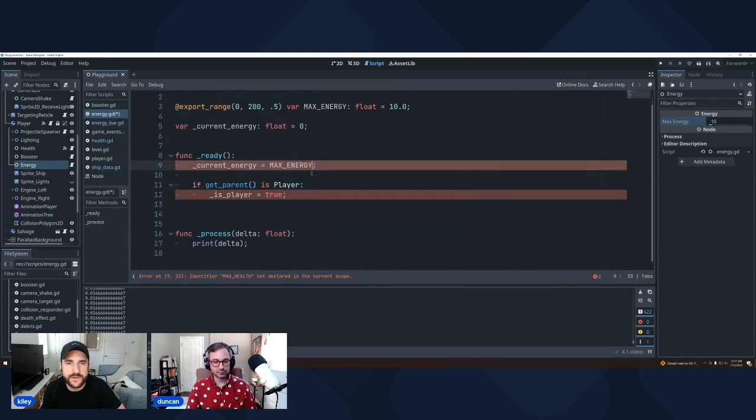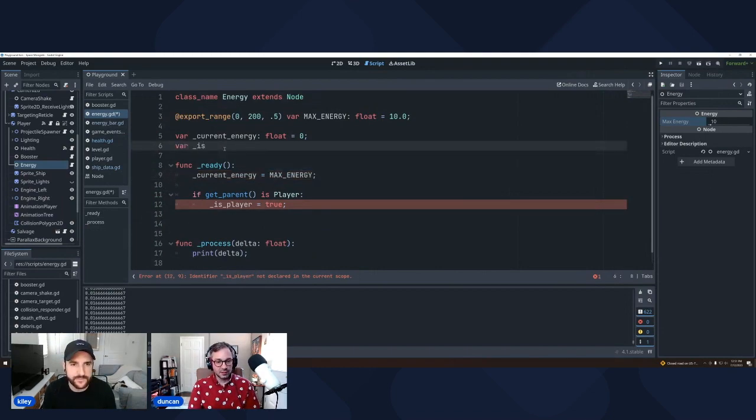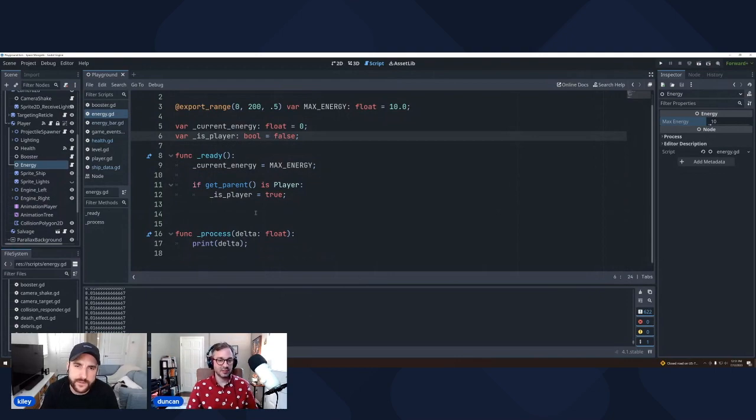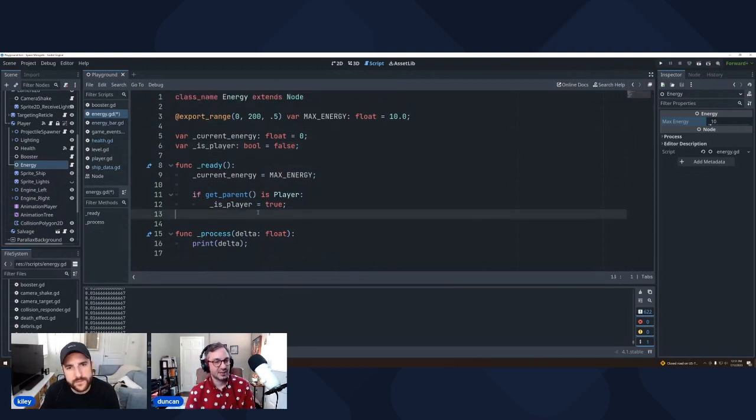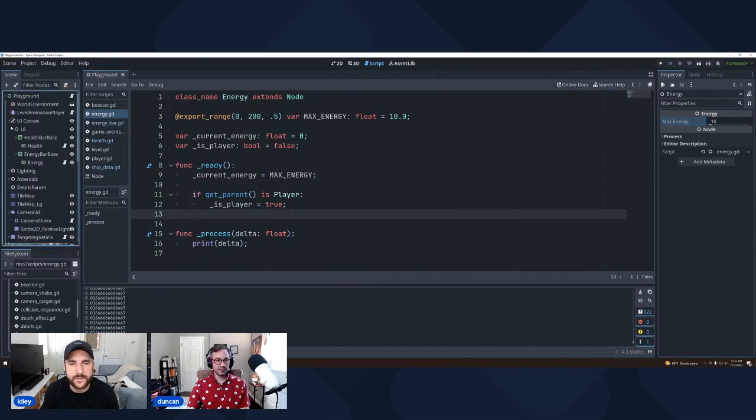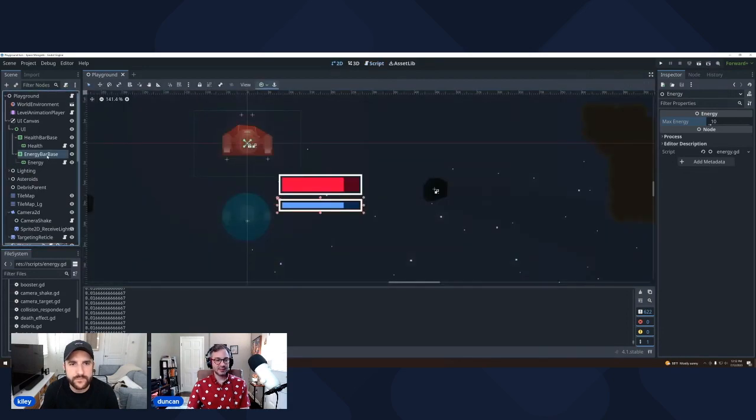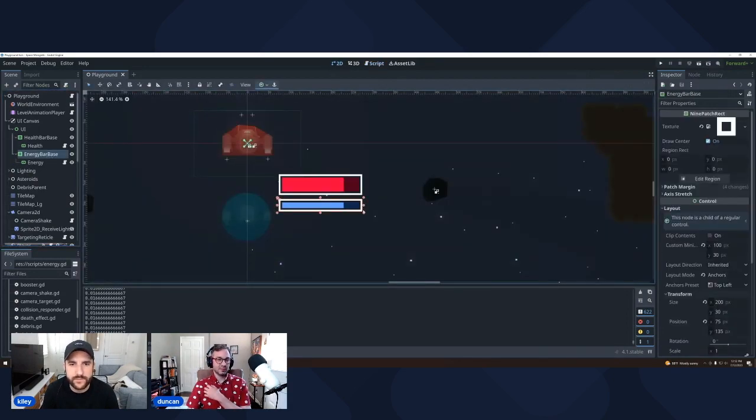Is player is important because what we're going to be doing, and this is something that's interesting, and as we get on with the game and the architecture, maybe this will change. But one thing that you'll note, as I mentioned, right, you want it to be that I throw an energy component on an NPC or an enemy, and I want it to just work. Well, one thing that we don't want to do is, we have one UI bar, the energy bar, right? We don't want that to update unless it's the current player, right?